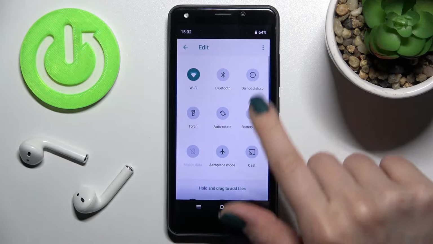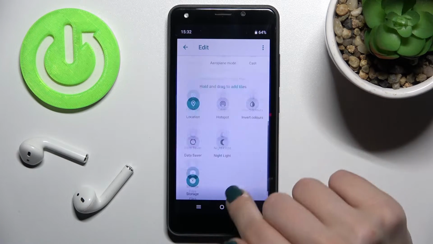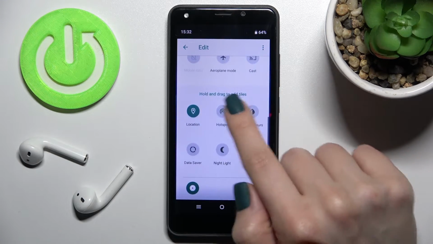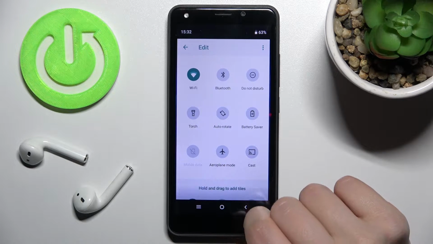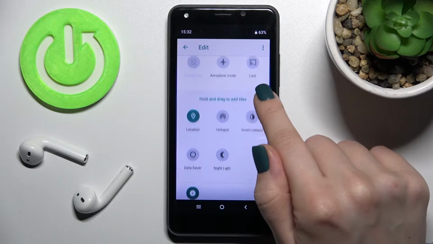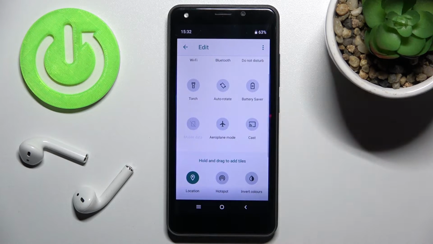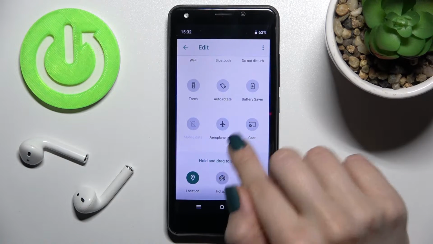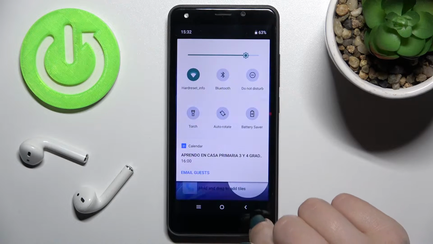Just tap there, and as you can see here, we have two sections, the up section and the down section, and here are all your visible icons on your notification panel. And there are icons that you can add to your notification bar, and if you want to add one, for example,